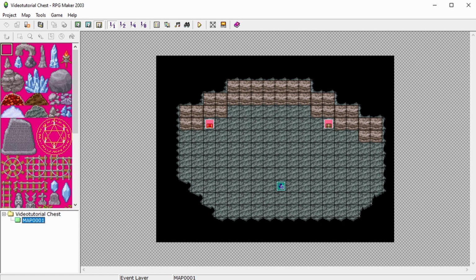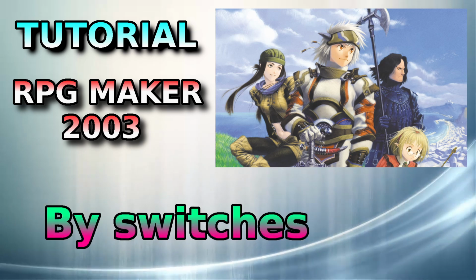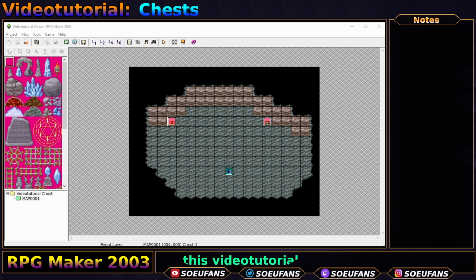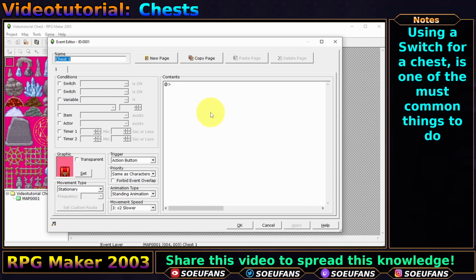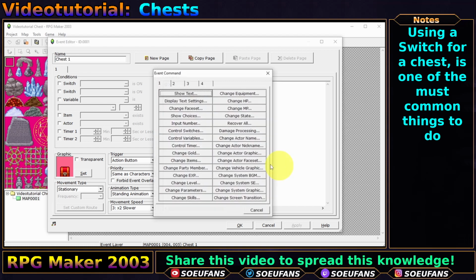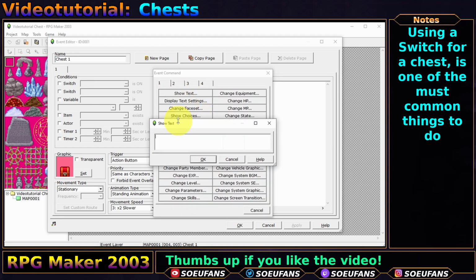Guys, today in this video tutorial we are going to learn how to create different kinds of chests. As you can see, we already prepared this map with two chests around here. This is going to be chest 1, and we're going to use a switch to use this chest. First of all, we're going to add these things and show text,